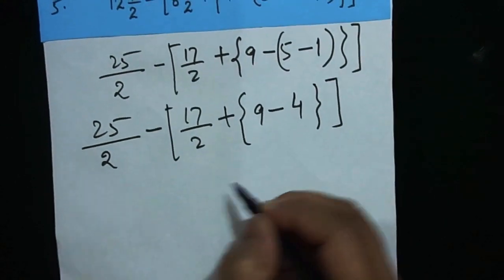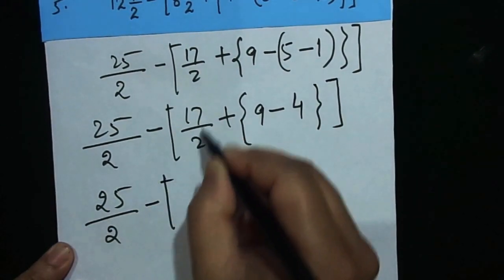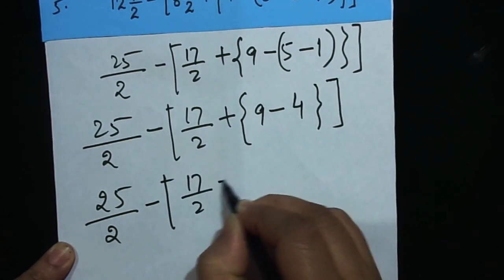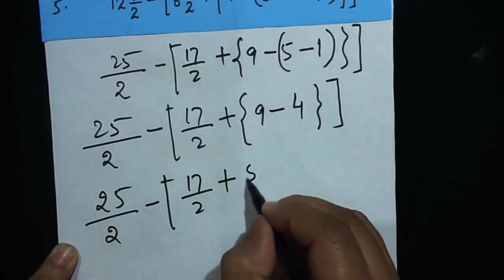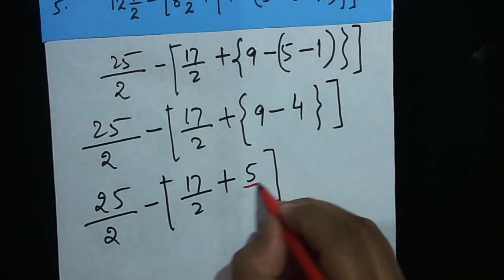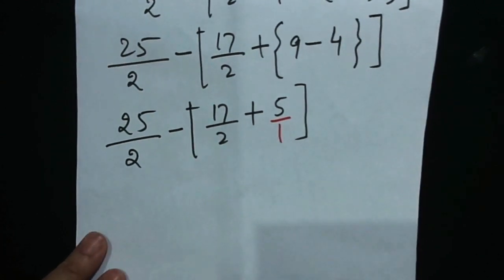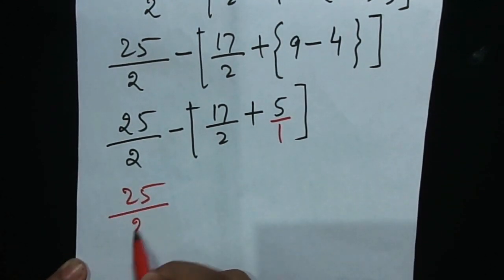No hurry. 25 by 2 minus 17 by 2 plus 9 minus 4 is equal to 5. I am going to close this and I'll take 1 over here so that our denominator doesn't get angry. 25 by 2 minus